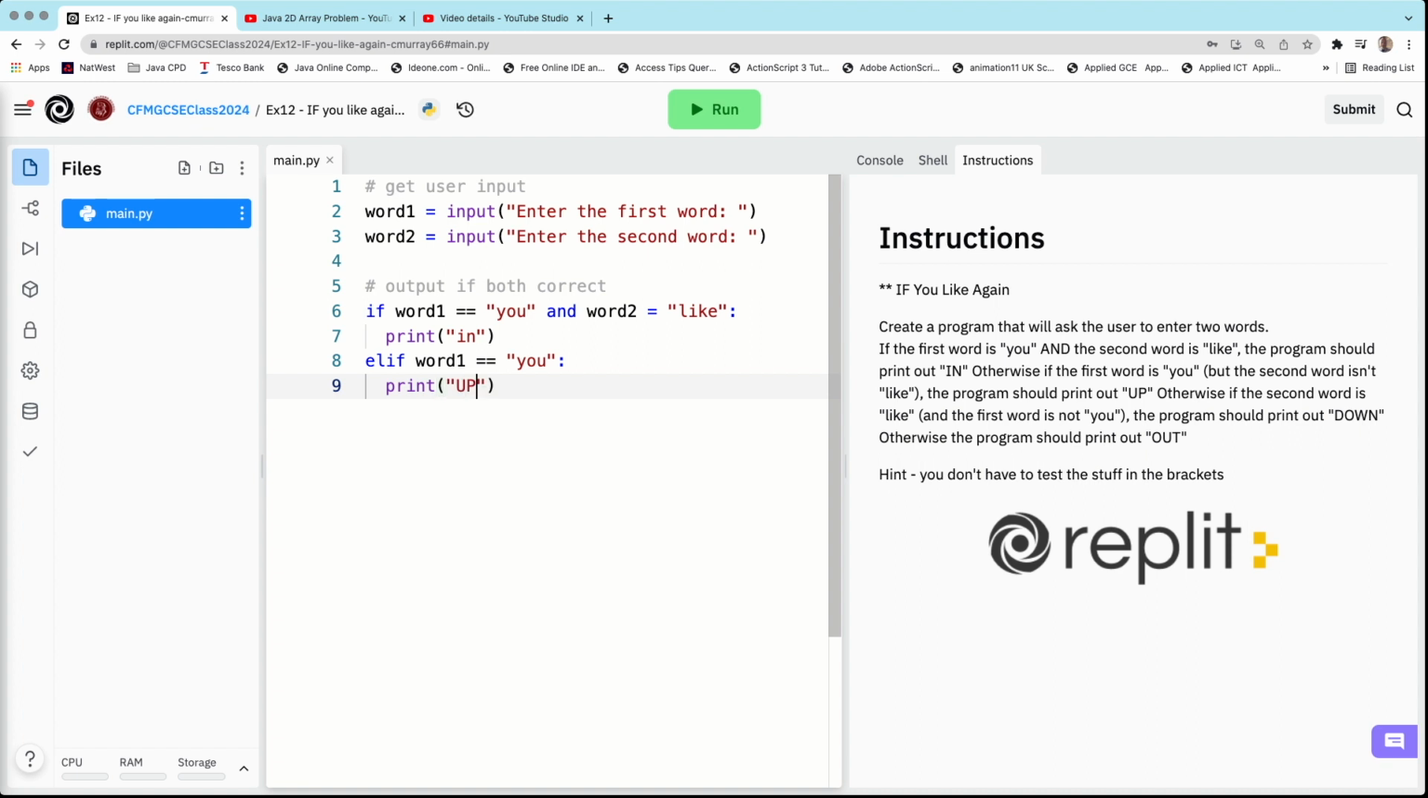Okay, and the "in", by the way, should be capitalized. So here, if word 1 is "you" and word 2 is "like", it will do that. If they are not both there like that, then it will go down here. So I don't have to test. Some people have been testing and word 2 isn't